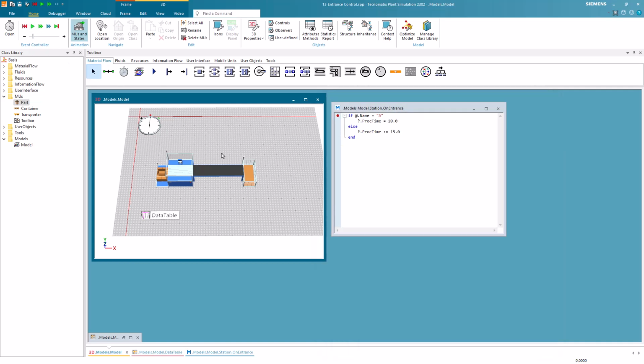Now we will shortly recap again on anonymous identifiers. The basic concept is that we can use them independently from the context. If we would have used, for instance, a parallel station, then still the question mark would correspond to the object or the control that called the method, and @ to the MU that is on the object. So we could basically copy and paste this entrance control to the entrance control of another object, and it will work.